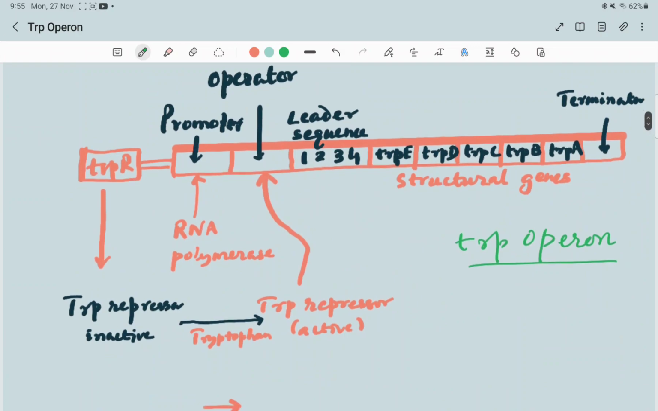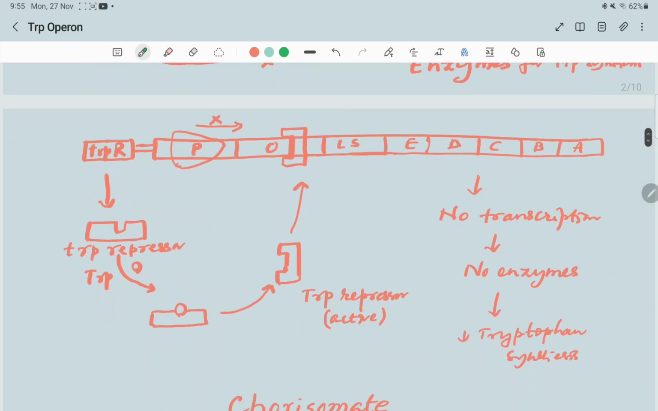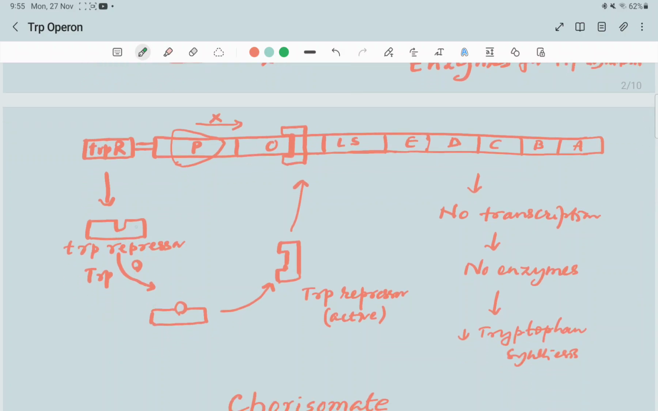So what happens? Normally the gene is on and the gene transcription goes on, because the repressor protein which is produced from the TRPR gene is not able to bind to the operator, so it is not blocking the RNA polymerase activity. So RNA polymerase activity goes on, gene transcription occurs, and enzymes for tryptophan synthesis are produced. But when the tryptophan is synthesized, tryptophan now binds to this repressor, makes it active, and it blocks the operator. So RNA polymerase now cannot move, and there will be no transcription of the structural genes, no enzymes produced, so